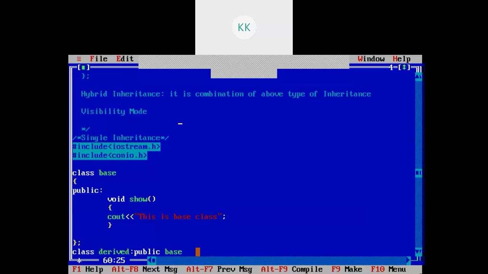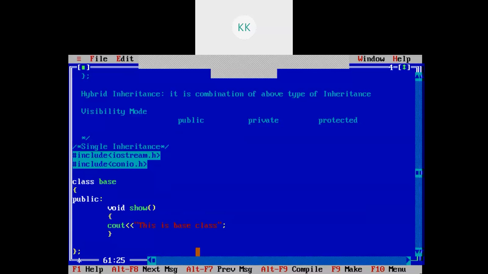What are the visibility modes? Public, private, and protected. These are the visibility modes which are available.